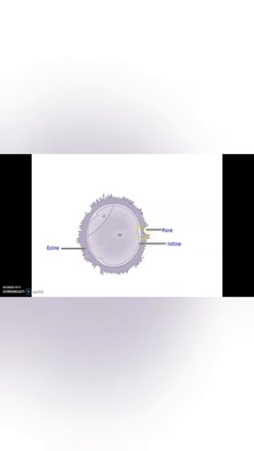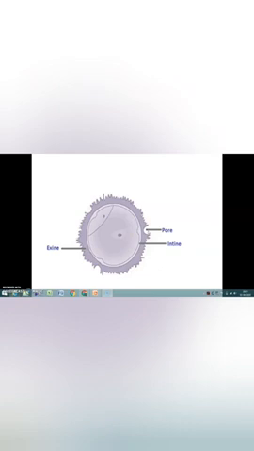Clear? But here you can see a pore or aperture. It is termed the germ pore. Children, sporopollenin is absent in the germ pore. It is an aperture present in the exine through which the germination of the pollen tube happens. Children, do you remember our first practical experiment, pollen tube germination? Yeah, you just recollect the memories. We observed the pollen tube through a microscope. Do you remember, children?